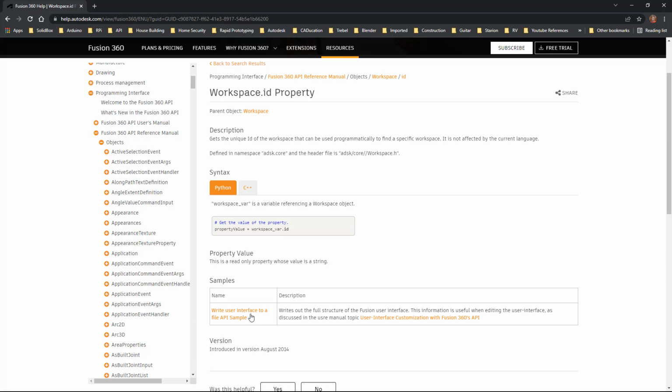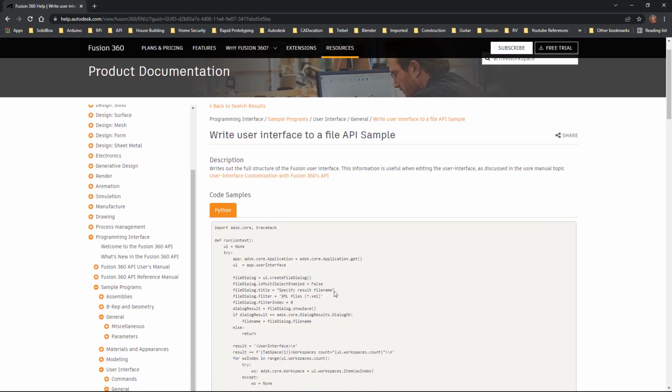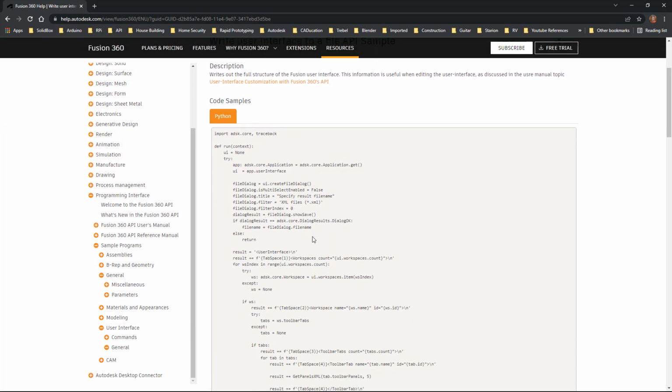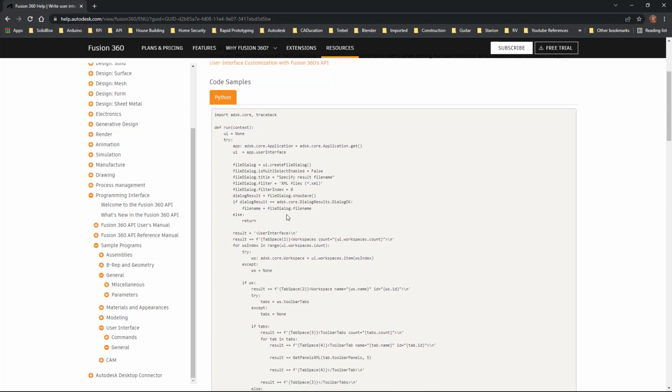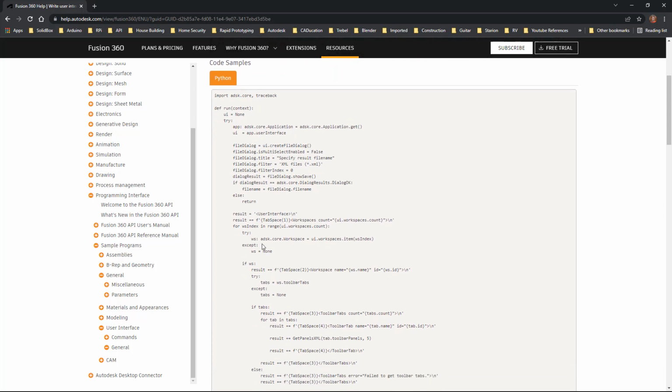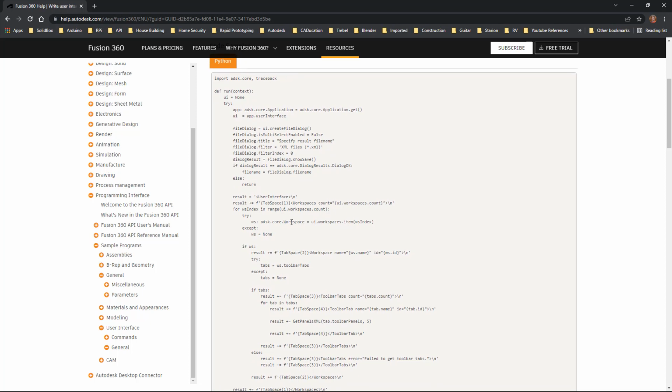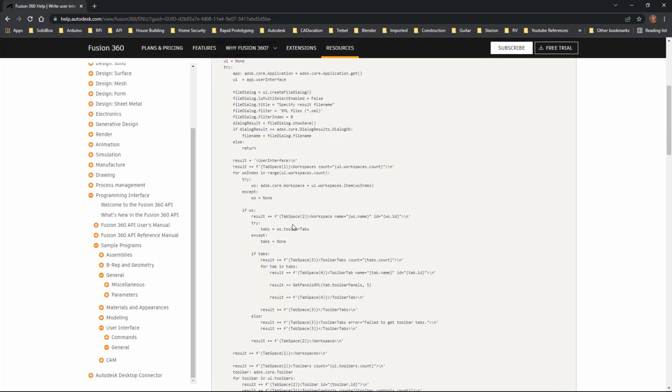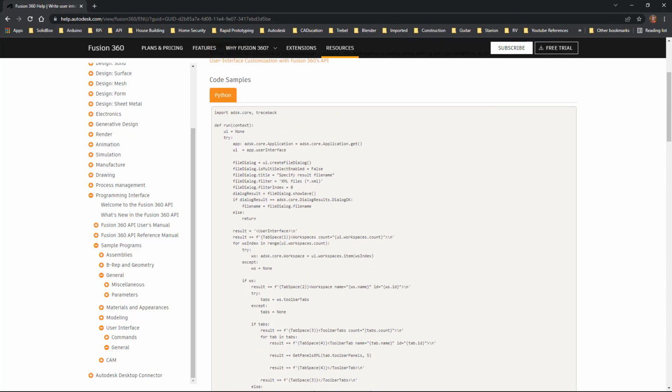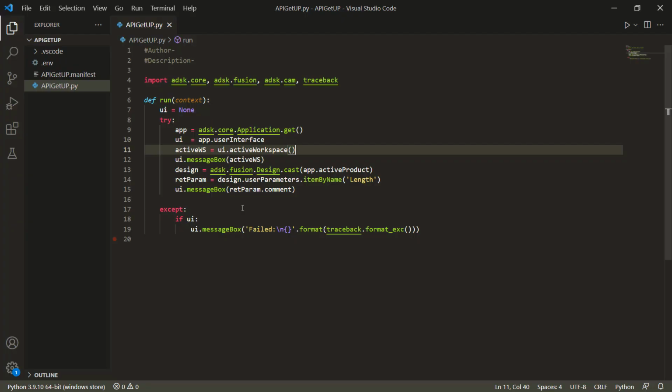we can see here that it gives us a sample. Now when we go to the sample and look for somewhere in the code where it's using this workspace, the active workspace, we can just look for it in the code. There's core.workspaces, and then they use UI item. So they're calling the workspace first and not UI. So we're just missing that little piece of the puzzle in order to figure it out. I don't think at this point it's going to be beneficial for us to keep going down this rabbit hole, but what we could do is try to do